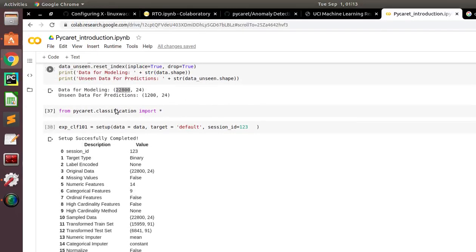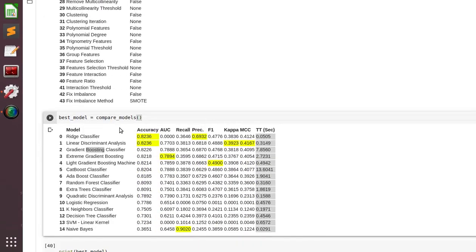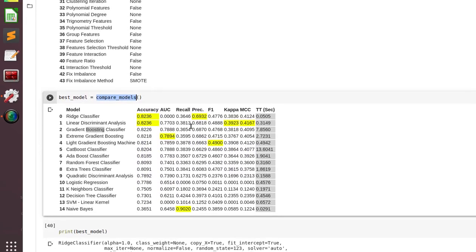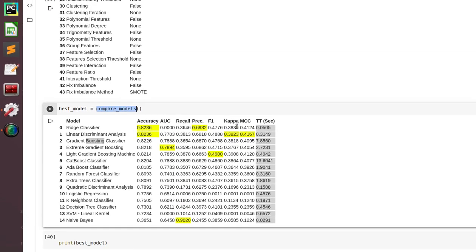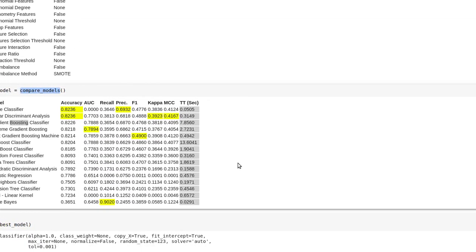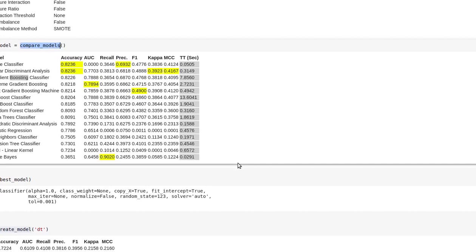Once you give the data to the setup, compare models will train your data on these 13 to 14 algorithms and provide the accuracies of these models. In this part of the code, you just have to write compare models. Otherwise, if you want to train the model on these 14 algorithms, you would need to write it again and again. It's a bunch of code.